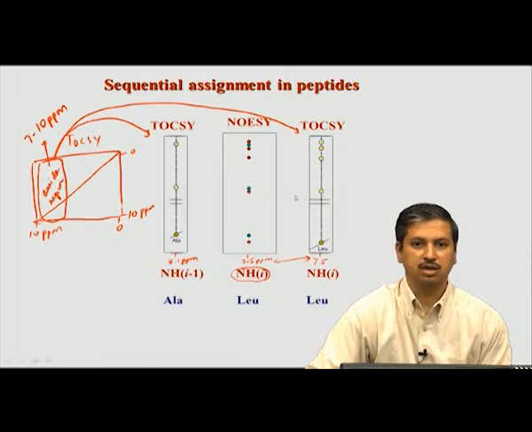So, TOCSY and NOESY are giving the same correlations, they always give the same correlations, but additionally now if you see, this is what is shown by this line. Now what you will see, these green peaks here, they correspond to alanine chemical shifts. So this is the beta proton of alanine and this is the alpha proton of alanine, and also we are getting a correlation to amide.